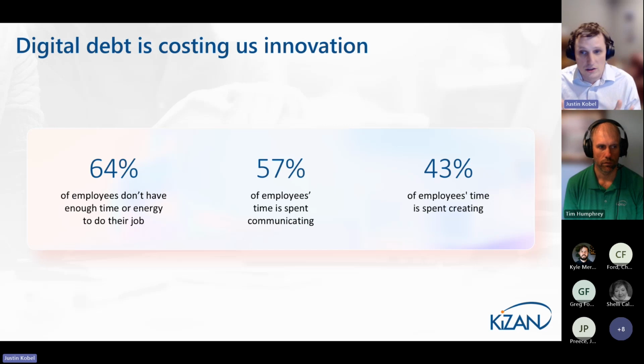64% of employees, when surveyed last by Gartner and Forrester for the Microsoft Work Trend Index that was released back in March of this year, reported that they don't have enough time or energy to do their job. 50% of employees report that they spend